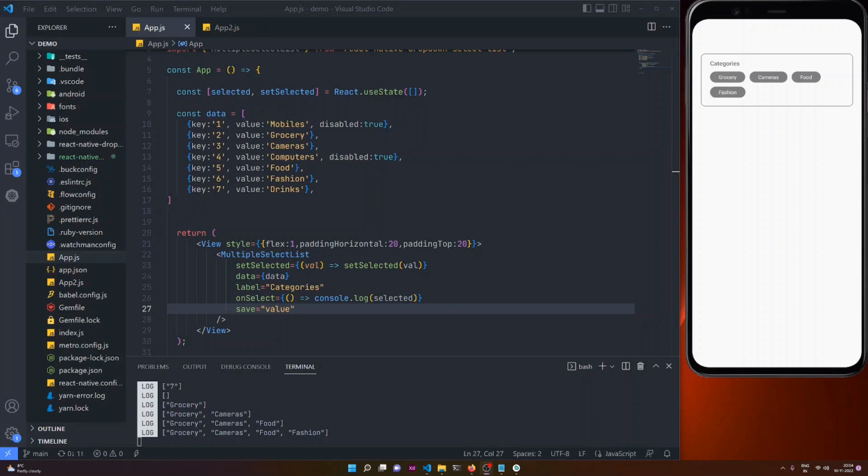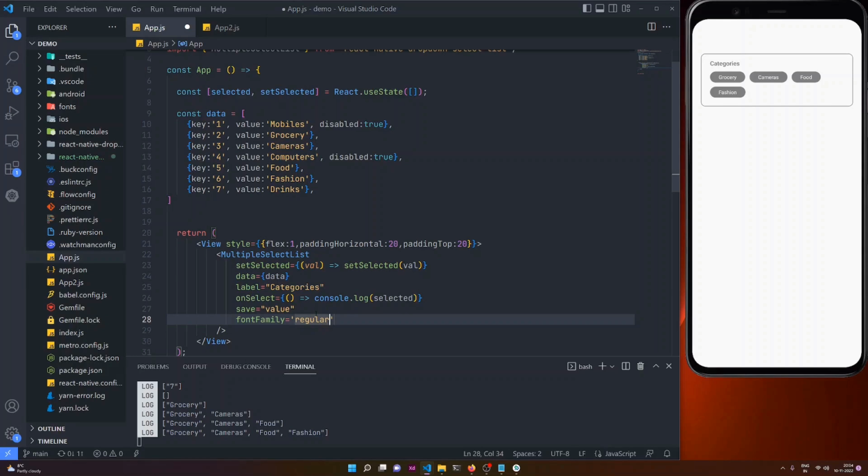Now another powerful prop that you can pass to this component is Fontfamily. What this does is actually very amazing. You can pass your font family to it and it will reflect upon each and every text element in the component. You don't have to pass style props for each element, just pass this prop and it will reflect globally. Let me show you how. I have Poppins font installed in this project. So if I pass regular to this prop, that is Fontfamily, if I pass regular here,